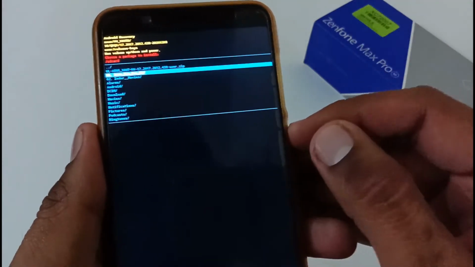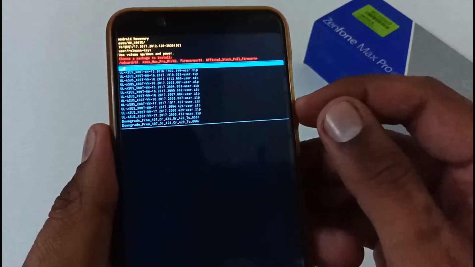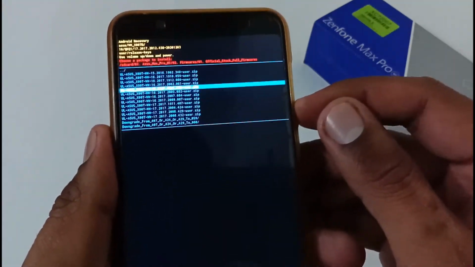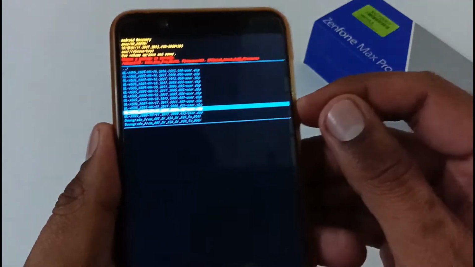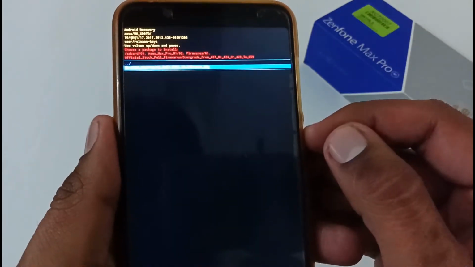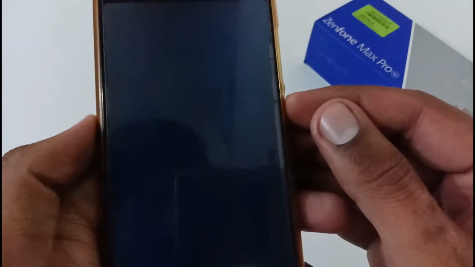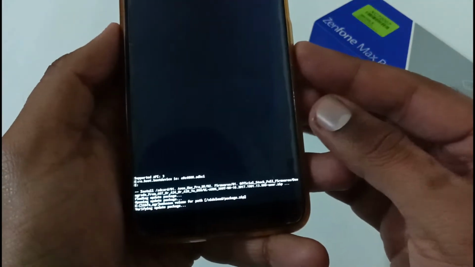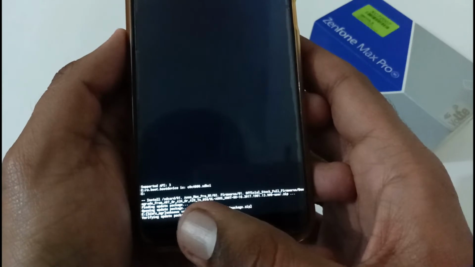As I have already downloaded that particular file and kept it in my desired folder, let me move there. In this video, we'll be downgrading to version 059. So I'm going to select 059, and this is the 059 file. I'm just going to tap it here, and this is basically step one of the downgrade process. It will now be verifying the update.